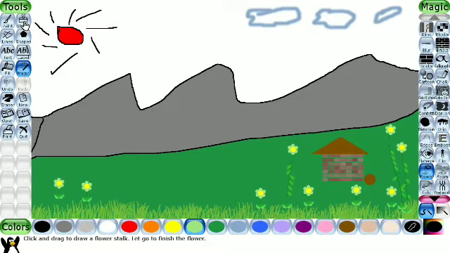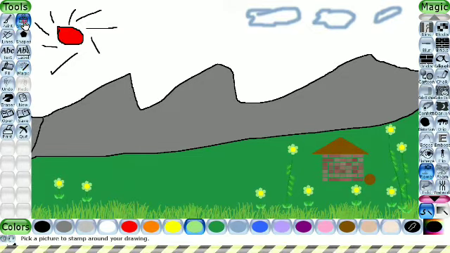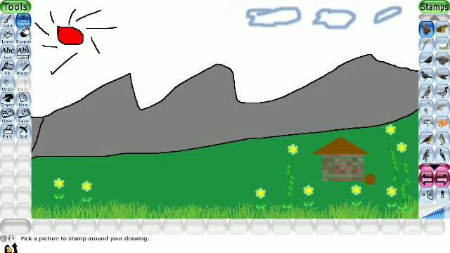Okay, the next one is the stamp tool. When we click the stamp tool, here are so many pictures of objects you will see. Mostly it will be animals. Suppose you want a bird, you can select that bird. Just click on that bird. Now move on to the screen. So you can see the size of the bird.